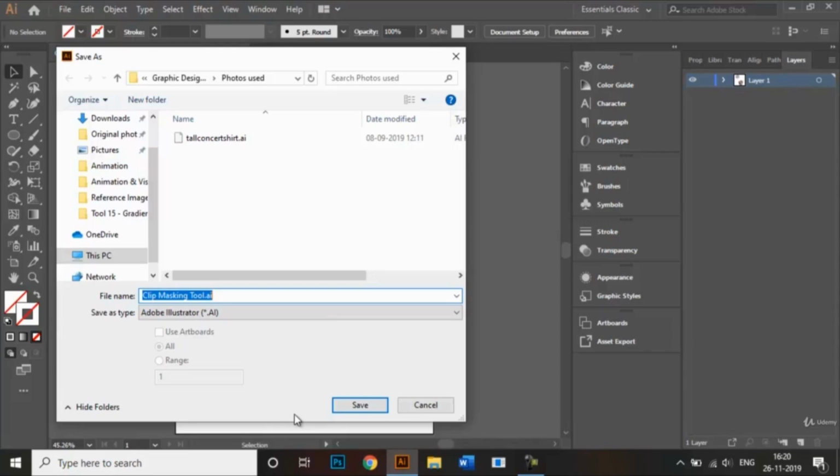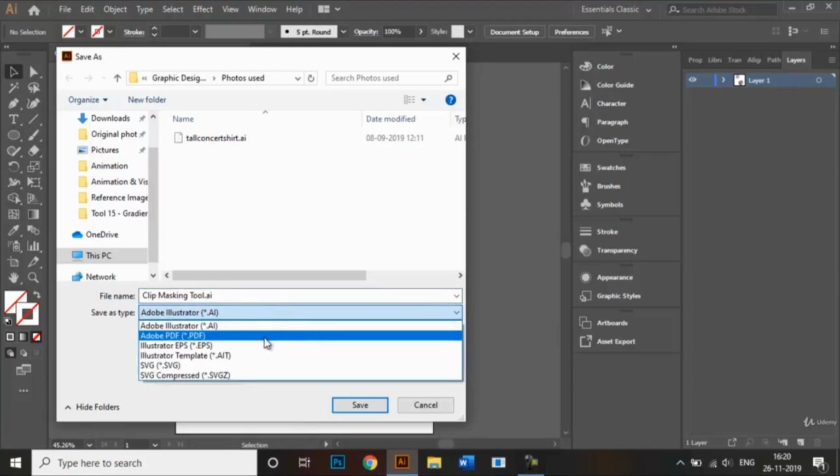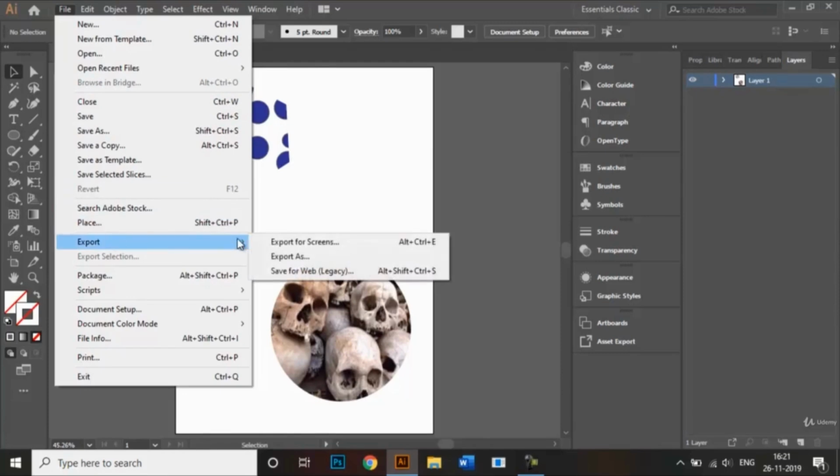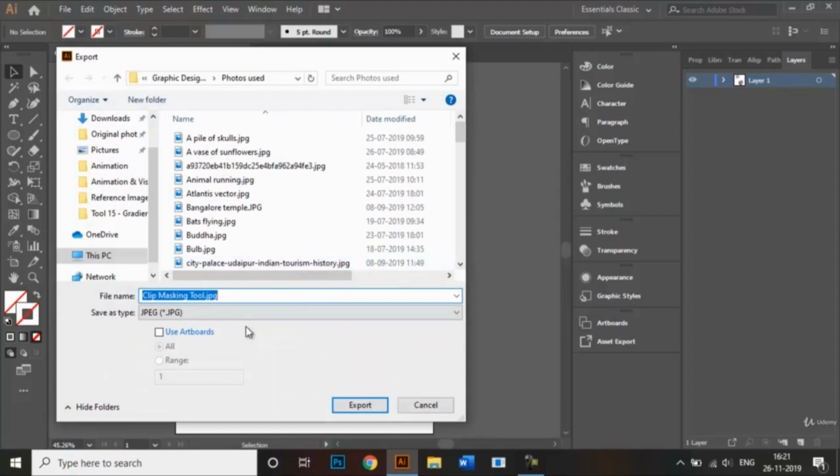So once that's done, you can further save your document in different formats such as a PDF or JPEG. To save it in a PDF format, you just click on this Adobe PDF option right here and then just click on save right here. Right. But if you want to save it as a JPEG format, you go to File, Export, and Export As. So again, by default, our document will be saved in an image format, in this JPEG format, and we click on export,